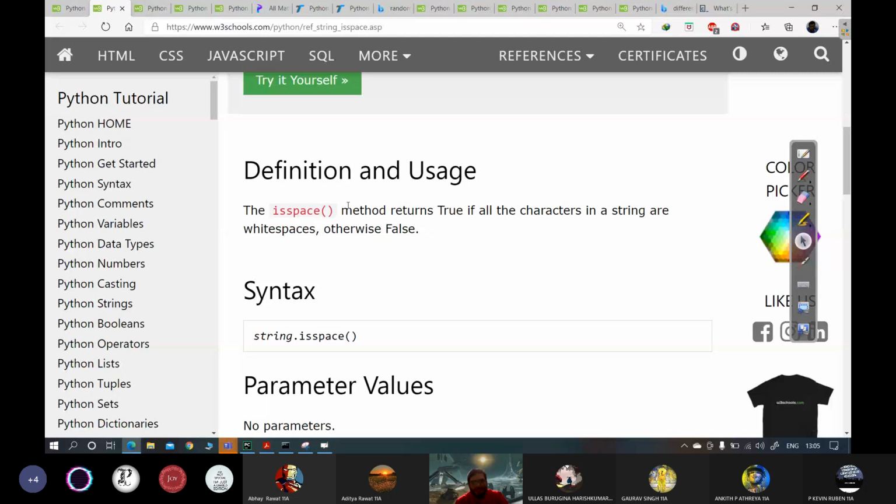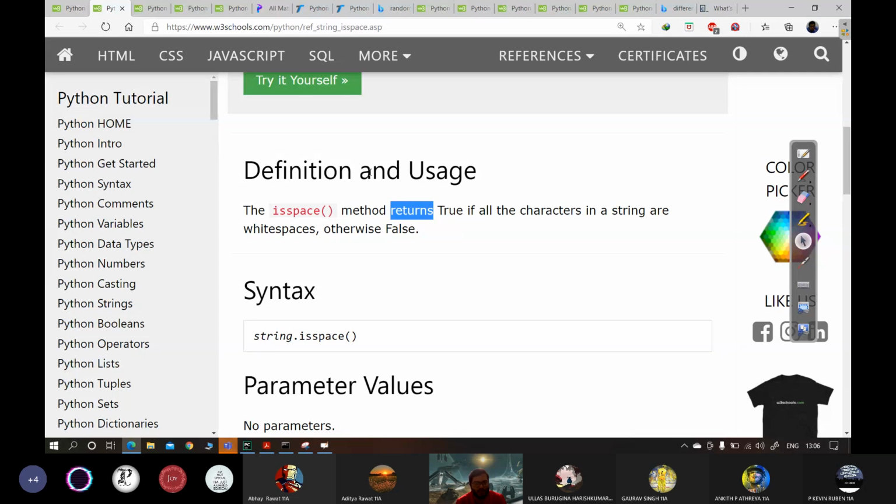Self-explanatory. Method returns. Now coming to this word return, do not use your brain too much on this. We will learn about what return is in good detail when we take up the topic of functions. Okay, for now just take it as, if the function takes in something, then it will